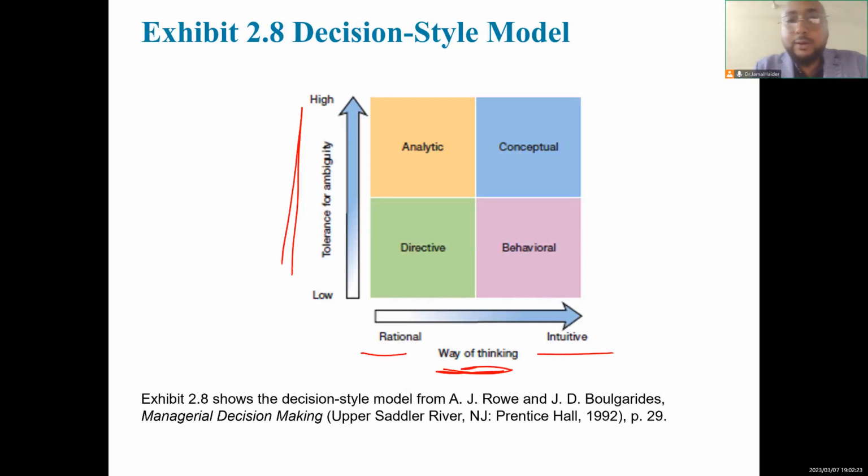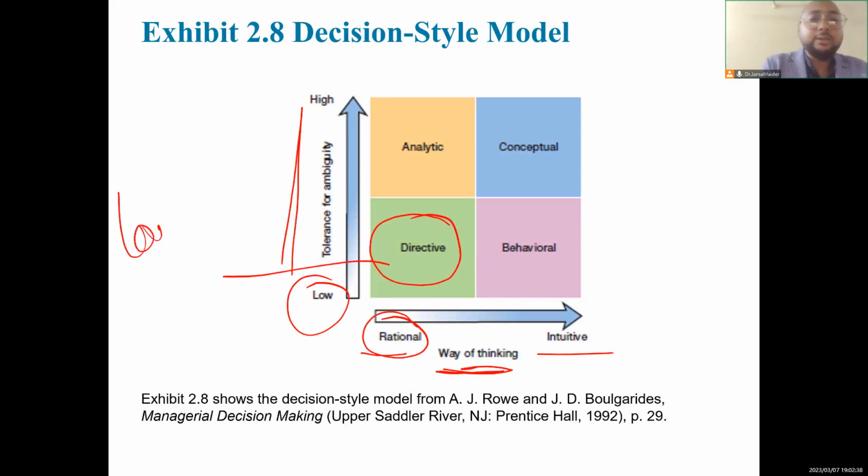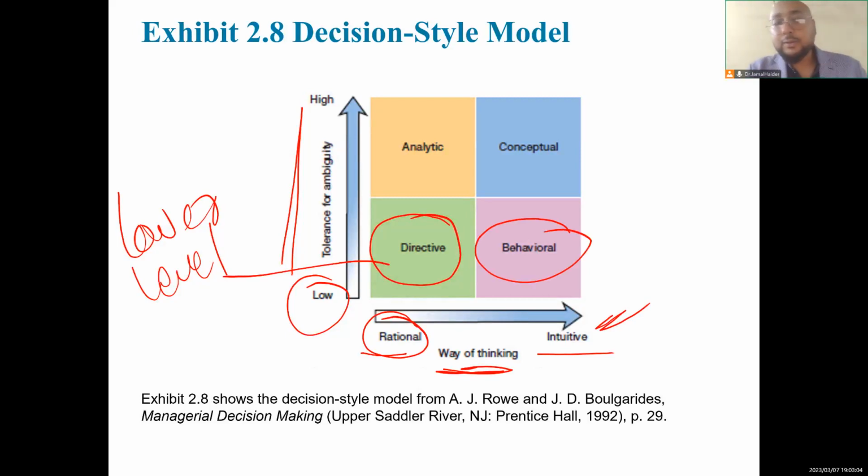So if your tolerance for ambiguity is low, you don't want any confusion, everything must be clear, and you want rationality as well, then you go with the directive style, mostly lower level managers. If you come late, if you couldn't deliver on time, this is going to be the punishment. That's it. If you outperform, we are going to give you a 3 month salary bonus. That's the directive style. If the level of intuitiveness is high and tolerance for ambiguity is also low,